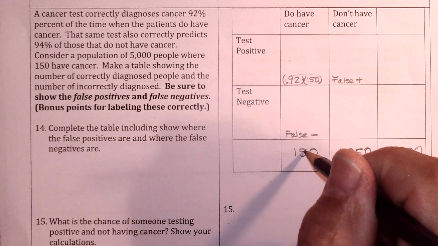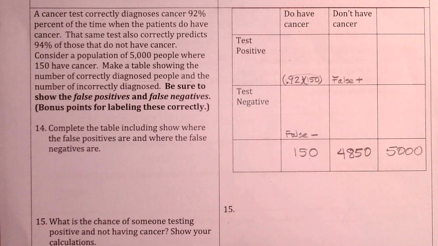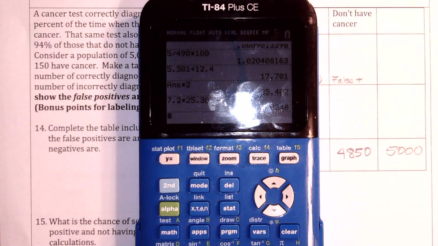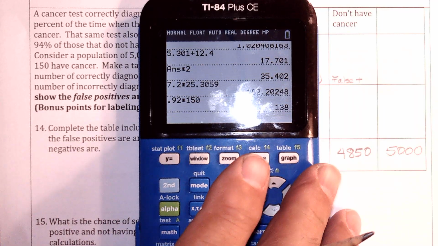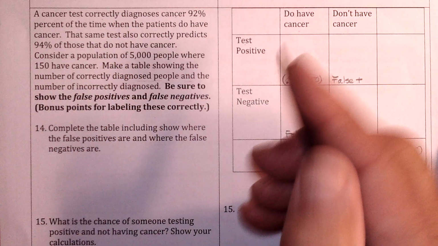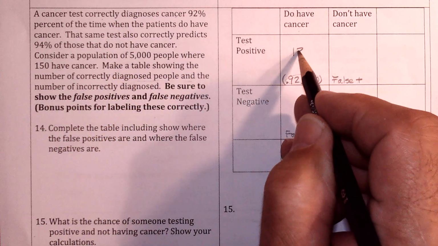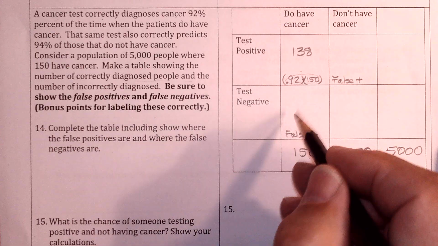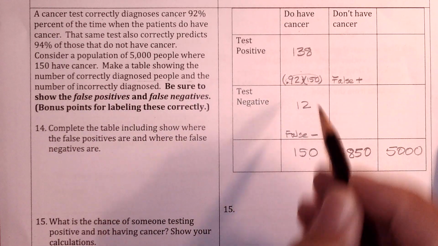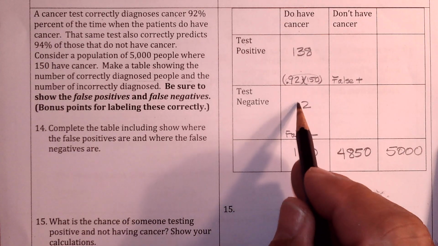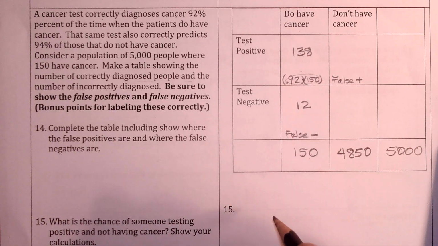So it's correctly diagnosing these, so 0.92 for 92% times 150. It gets the 138 correct, which means 138 from 150, it gives false negative on 12 people on average. Okay,